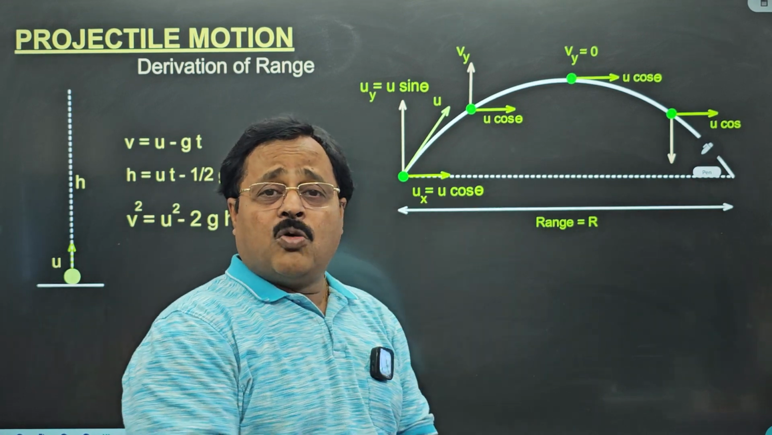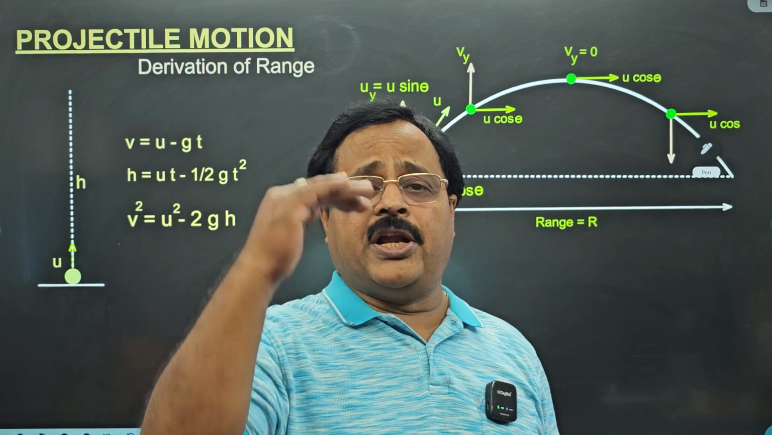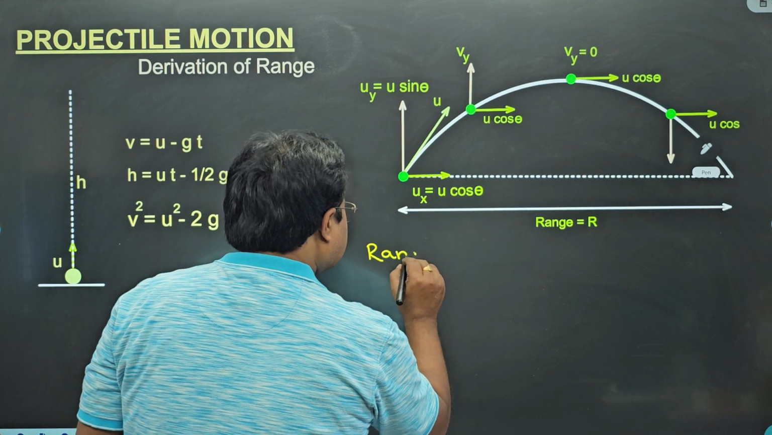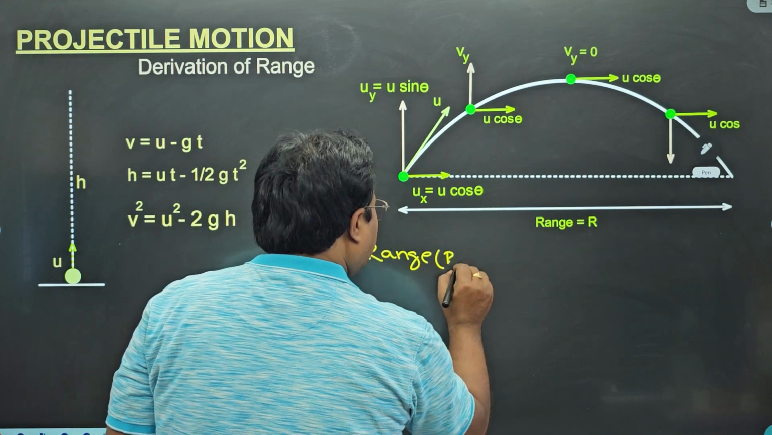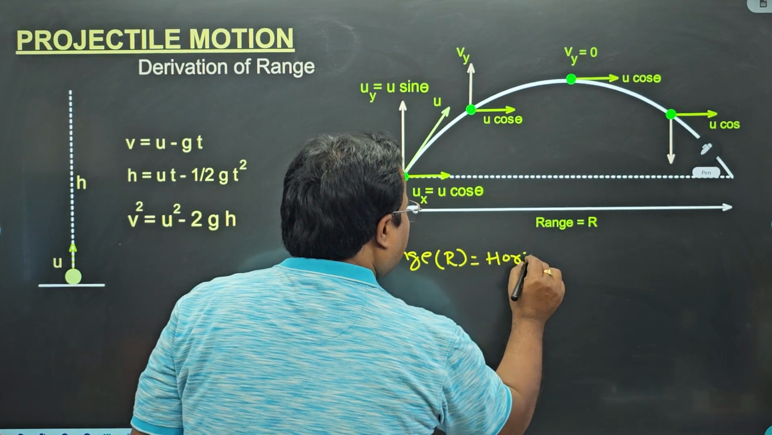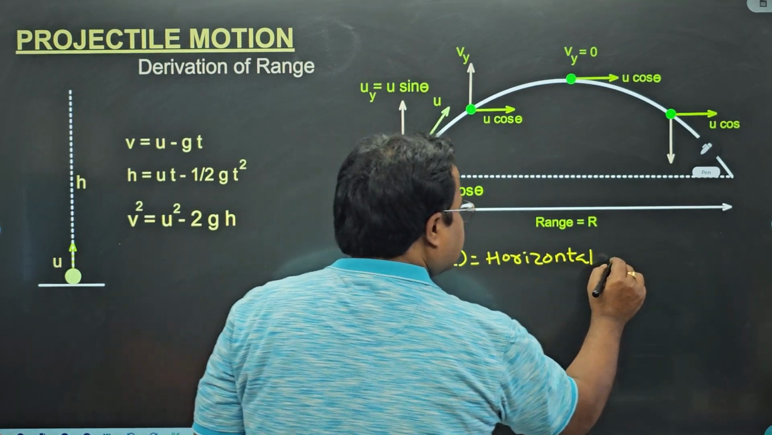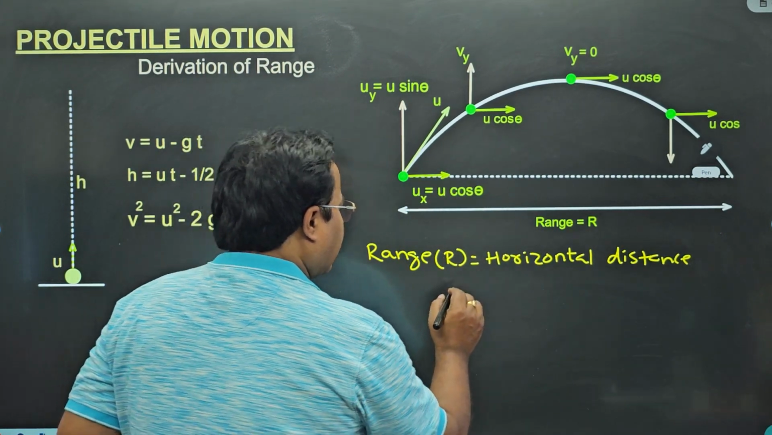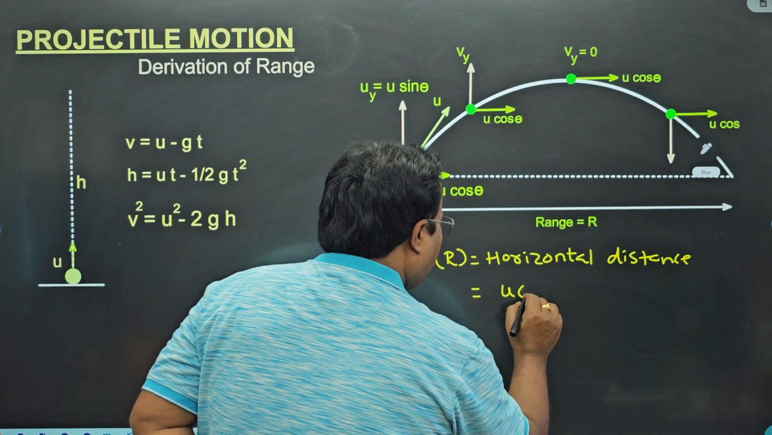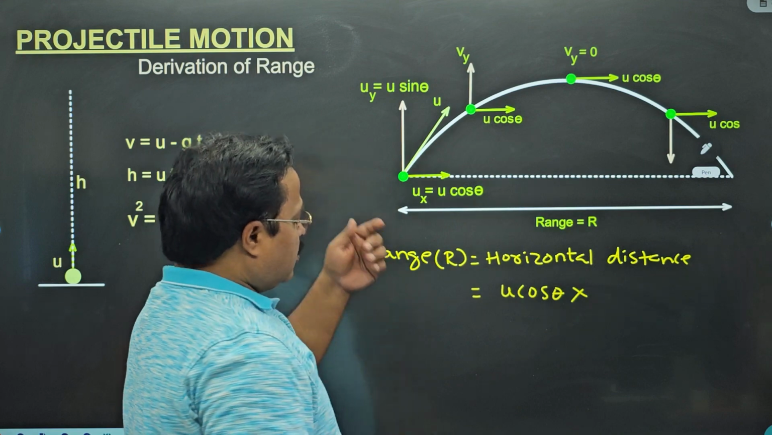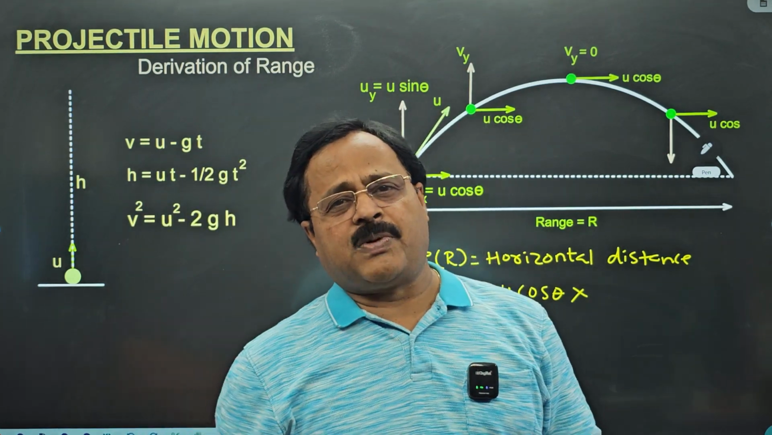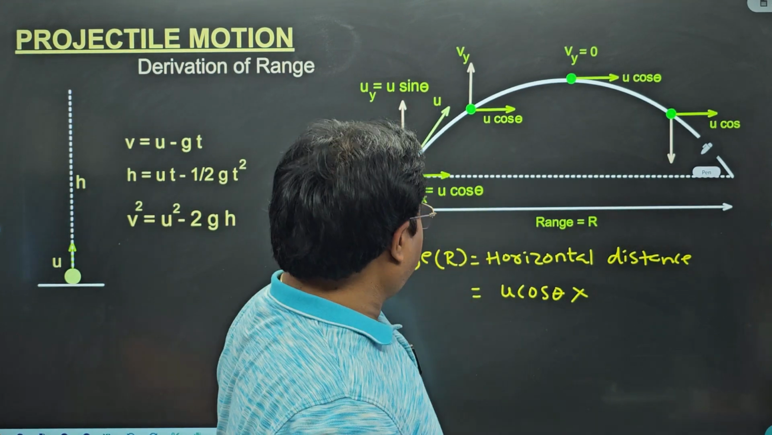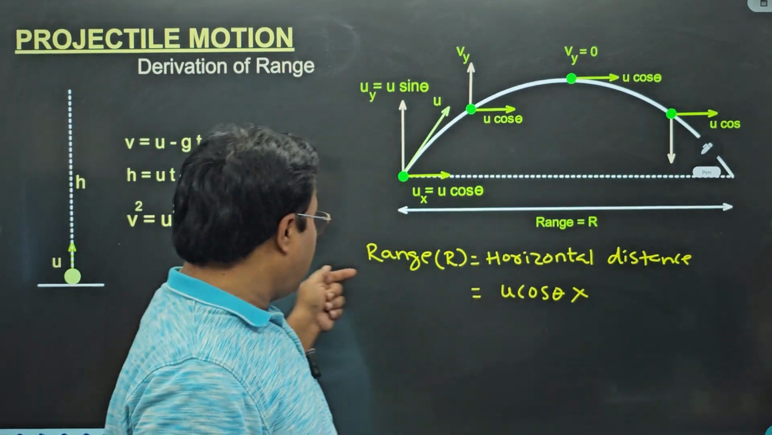Because this is constant, where the speed is constant, distance is equal to speed into time. Therefore, here range is the horizontal distance traveled. Range R is the horizontal distance traveled by a body under projectile motion. What is the horizontal distance? It is because of the horizontal velocity. Horizontal velocity is constant, so speed into time will give you distance. Okay, my dear students, the speed is constant, the speed into time will give us horizontal distance, that